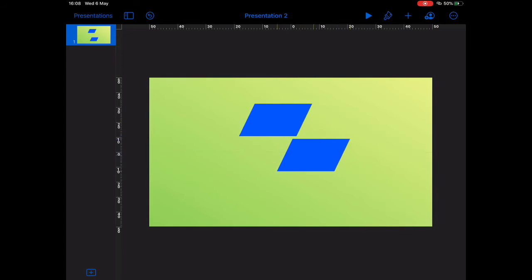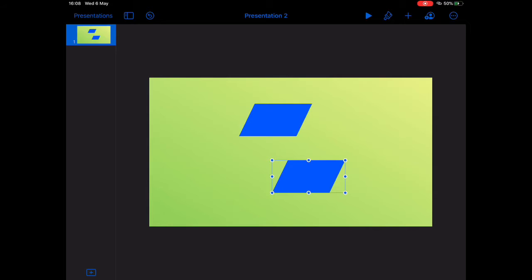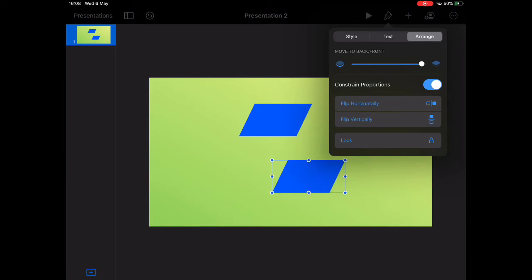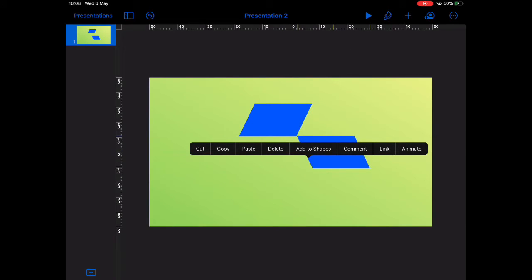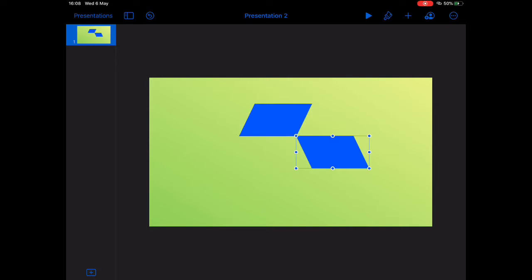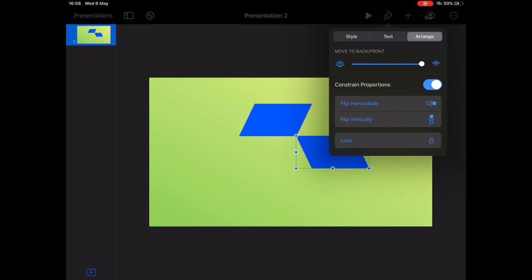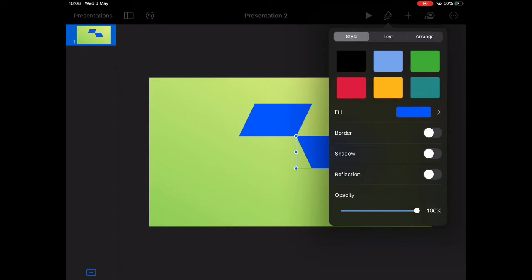I can also, selecting this shape here, tap my paintbrush, go to arrange, and then flip that horizontally. So, like that. I could, if I wanted, change the colour. So again, go paintbrush, and this one I'm going to make a lighter blue, which I don't like. I'll make it red,